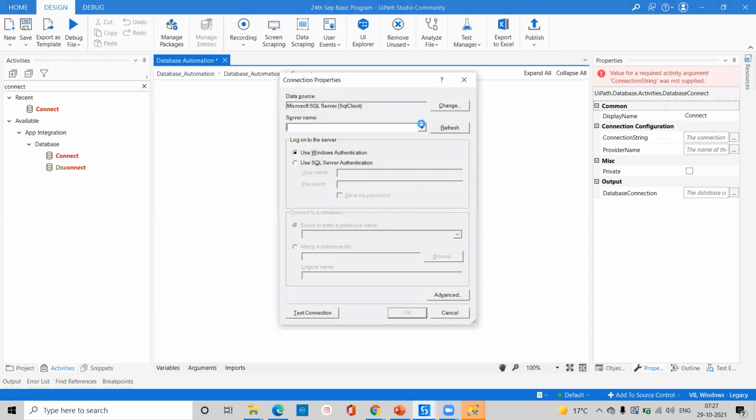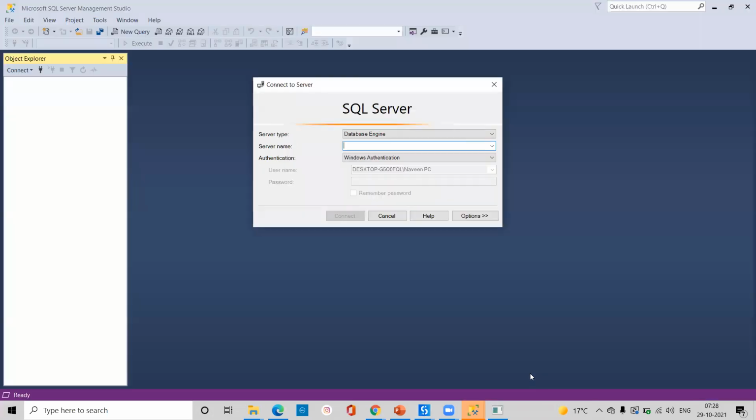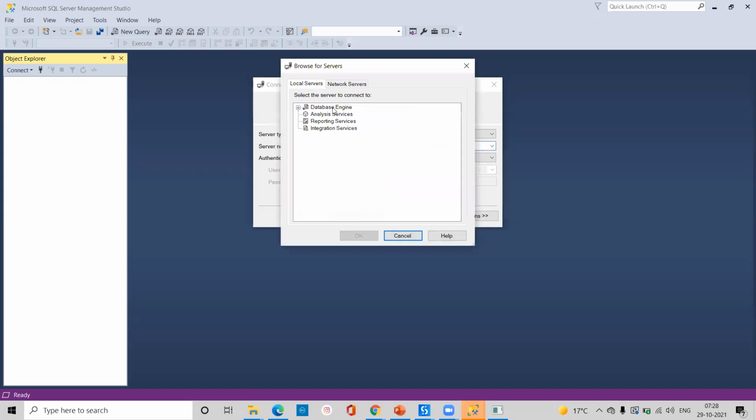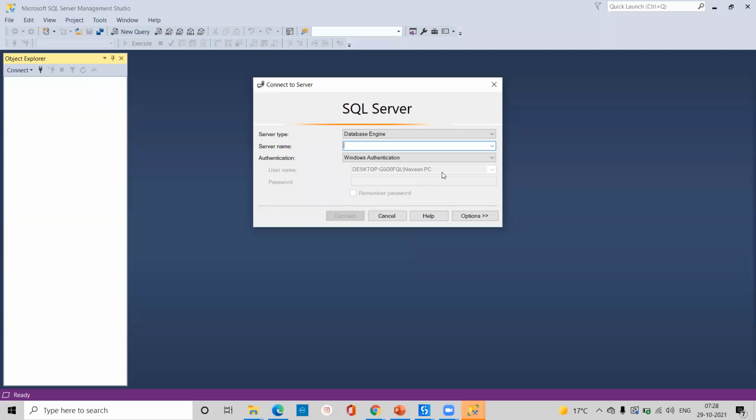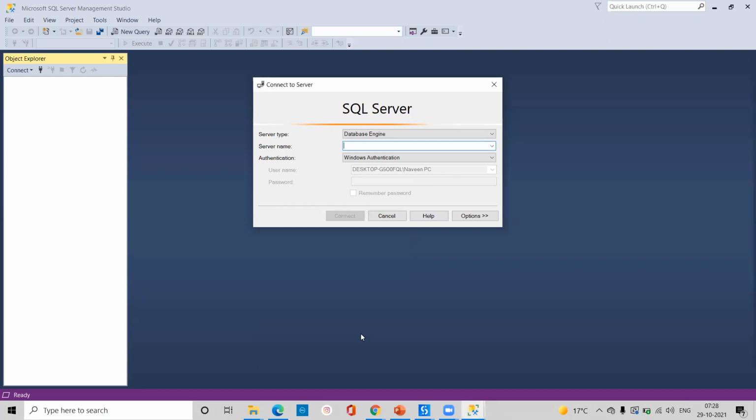Okay, and we'll go for the server name. So the first time you come here, you have to take this server name. Let me show these things. So here we'll go for browse for more. We'll go for database engine. Let me open this again and I will show you.